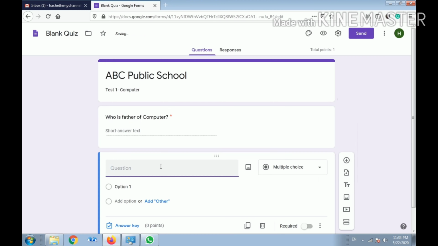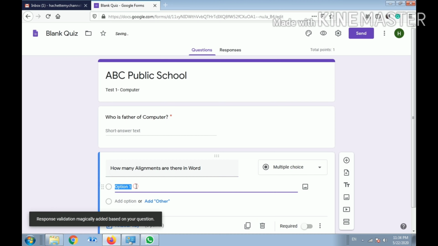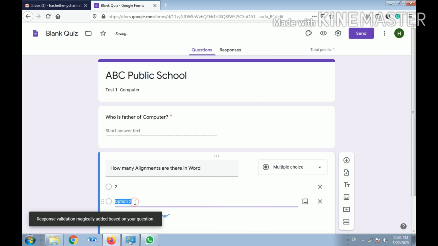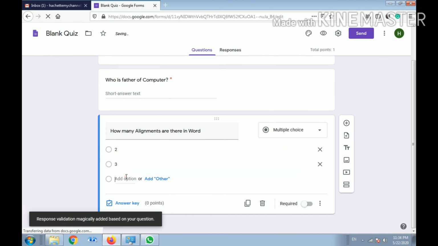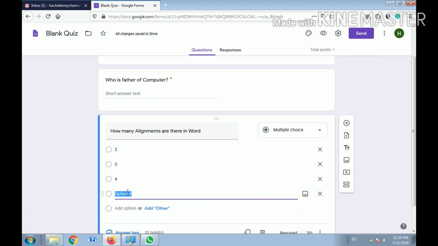We will add: how many alignments are there in Word? So alignments are 2, alignments are 3, alignments are 4, or alignments are 5.